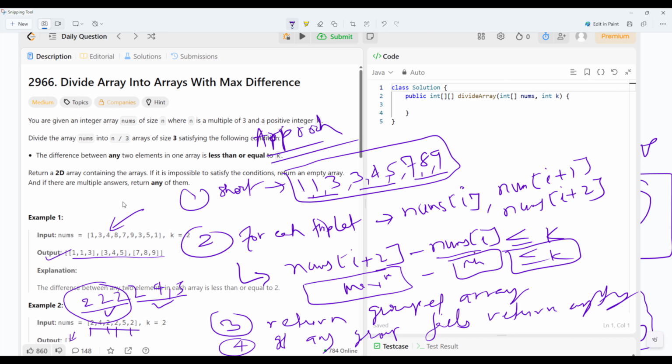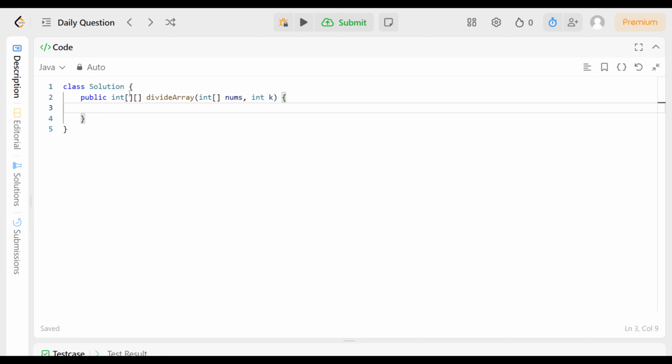I hope you understand. Still, if you have any doubt, don't worry, we'll write the code step by step and then you will understand. First of all, nums is given and k is given. What we need to do is sort the array. So I'll write Arrays.sort and pass the nums. This array will be sorted now, so that the closest element will be